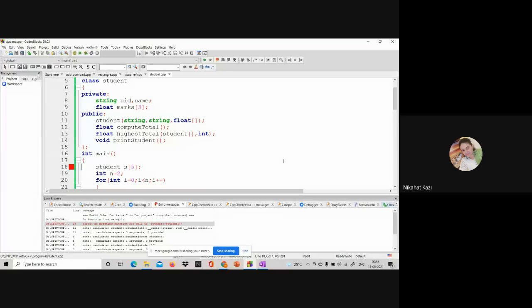So first of all, this is giving me an error. What error is this giving me? There is no matching function for call to student.